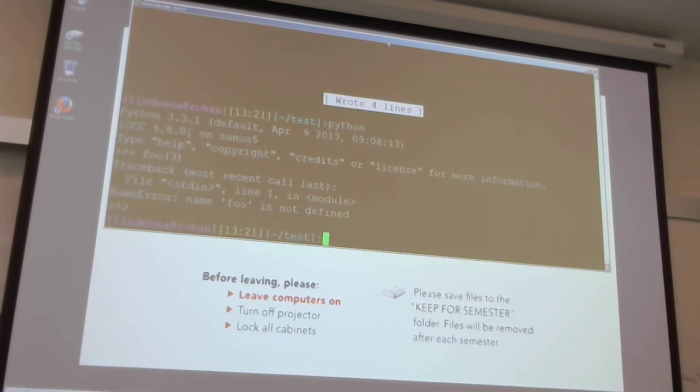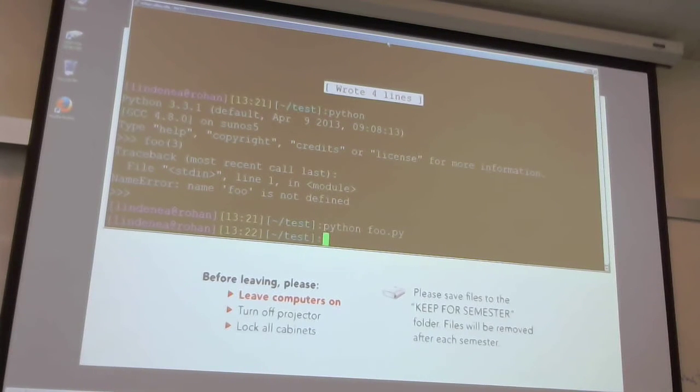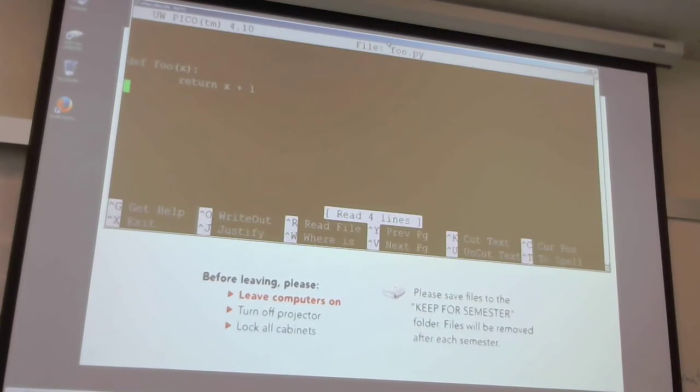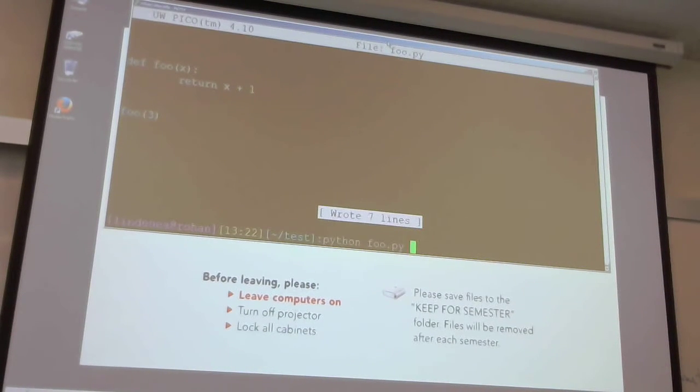So if I say Python, what do I call it? foo.py, right? If I do that, what occurred? It ran it. What did it run? But it didn't run the function, right, because I didn't call the function at all. So let me actually call the function inside that file real quick. If I add down here foo of 3, and I write that and then I run it again like I just did,